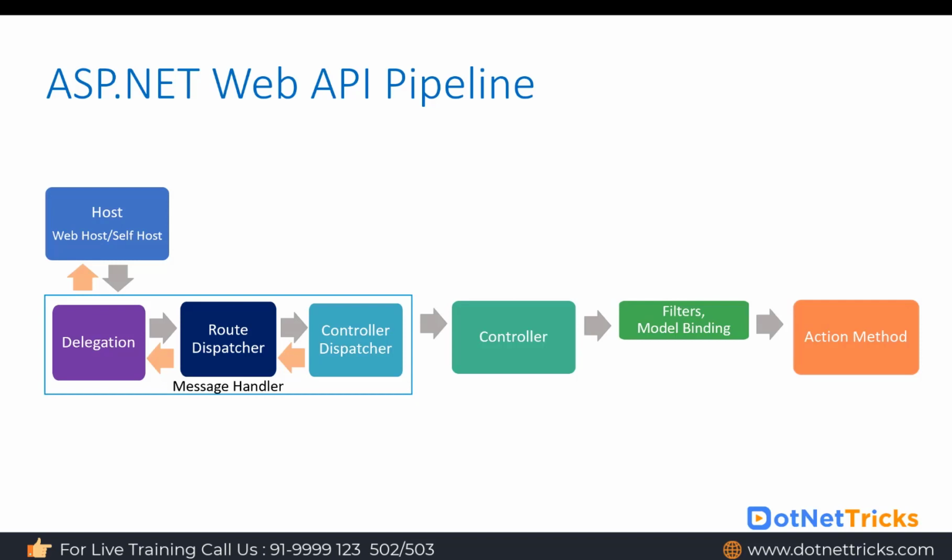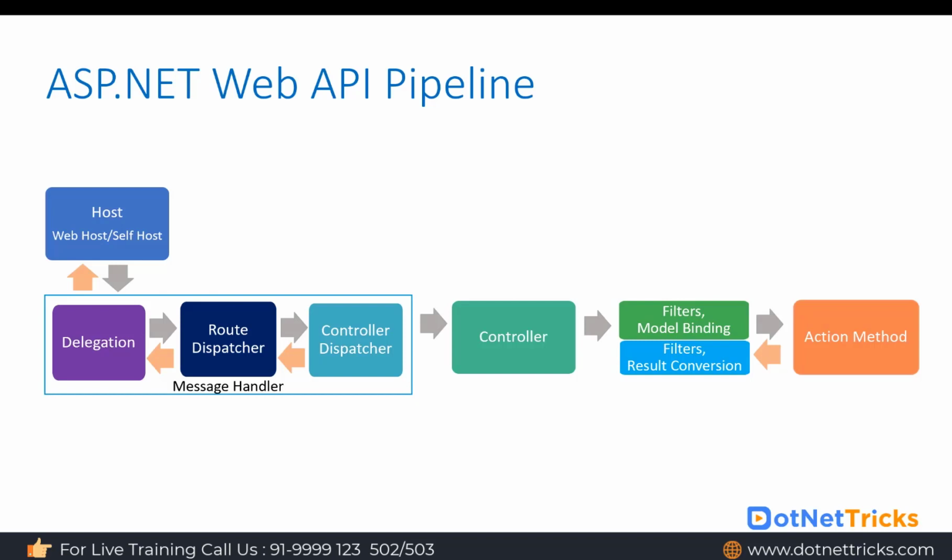When everything is mapped correctly, action method execution starts. Whatever code you have written there is executed, and the action method returns some result. Before returning the result, some filters are also executed, because sometimes you want to cache the response or the result of the action method. In that case you can use a post action filter. The Web API can return the result either in XML format or in JSON format. You can even return the result in your custom format as well.